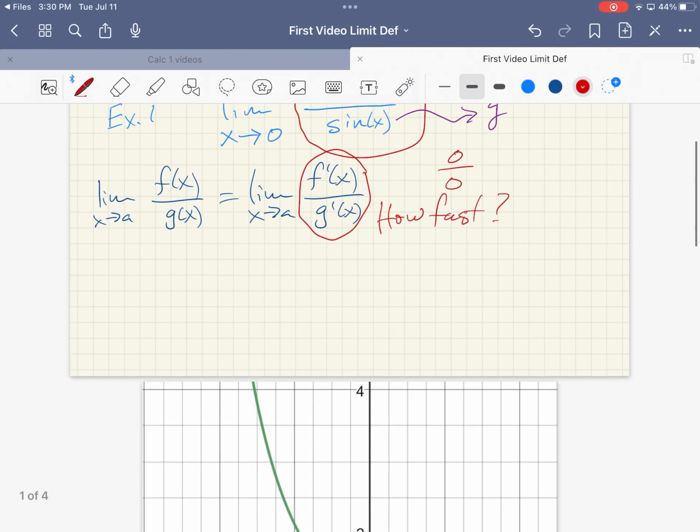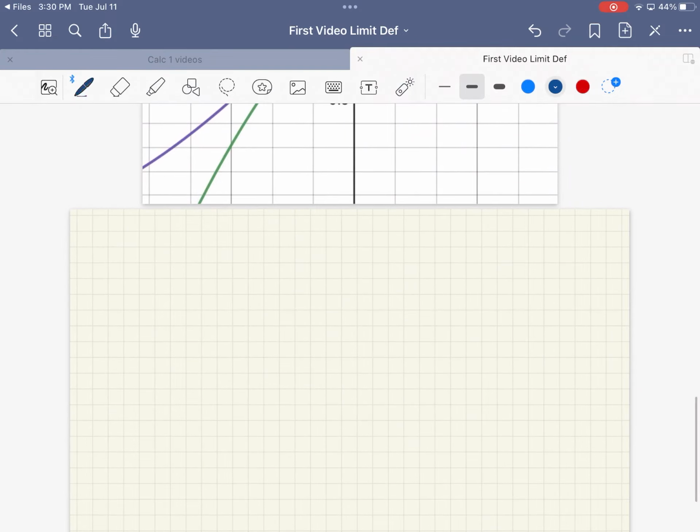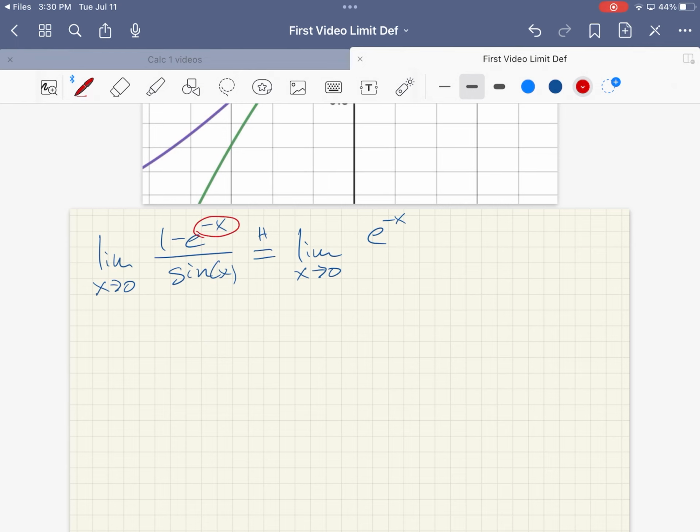All right, so how do we apply L'Hopital's? To apply L'Hopital's, what we do is we have the limit as x approaches 0 of 1 minus e to the negative x over sine of x. Now, to inform the reader what you're doing, we put a little h here to say, hey, I'm using L'Hopital's, and we take the derivative. Now, be careful. We're not using the quotient rule. We're taking the derivative of the top, which would be e to the minus x. Note the derivative of 1 is 0, and you have to take a chain rule here, and so that makes it a positive,